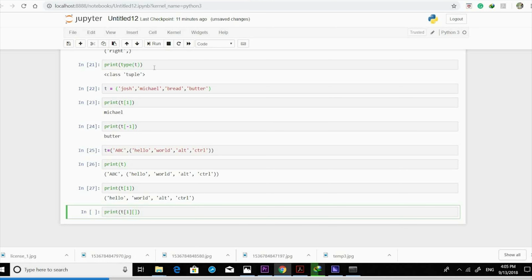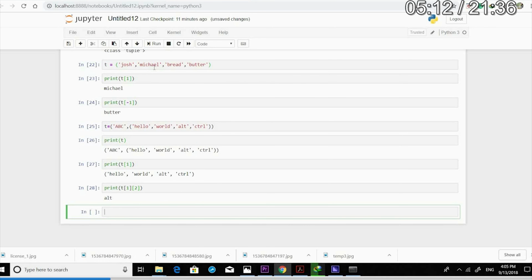So let's say you want to access the word, and you want to access alt. Okay, so that's print t of 1 of 2. It gives you alt. So t of 1 will make you enter the nested tuple first. Then